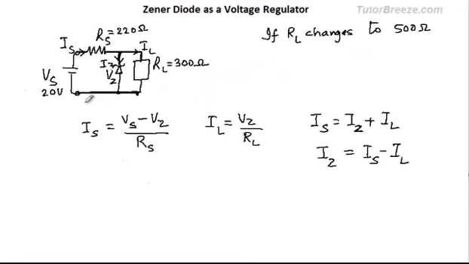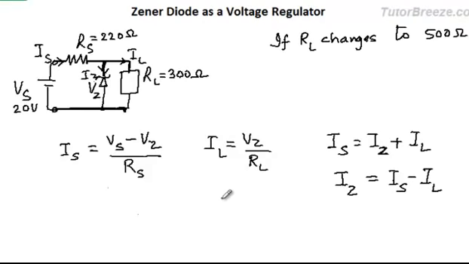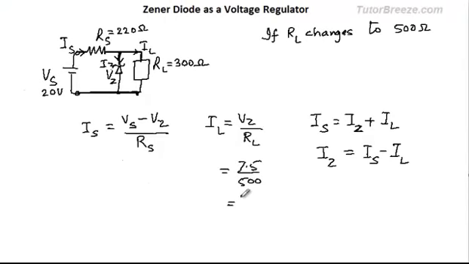So far, when we've talked about the Zener diode, we've said that the source voltage can vary, but it is also possible for the load resistance to vary. So even in that case, we get a constant voltage across the Zener as long as we are operating within the range from Iknee to Imax current. Suppose RL changes to, let's say, 500 ohms. In that case, the load current will change to 7.5 over 500, which is equal to 15 milliampere.